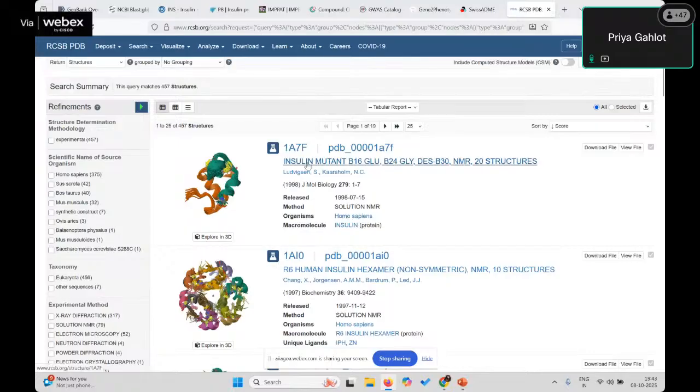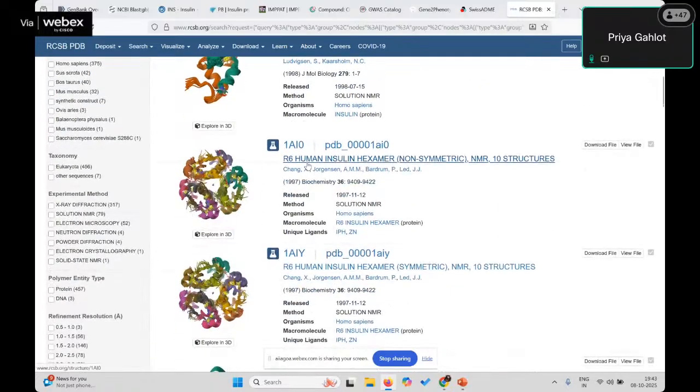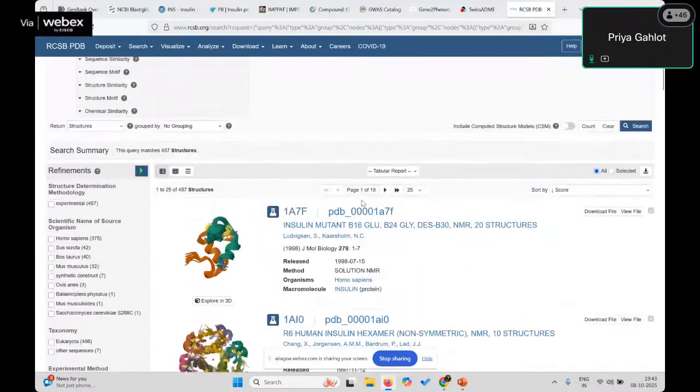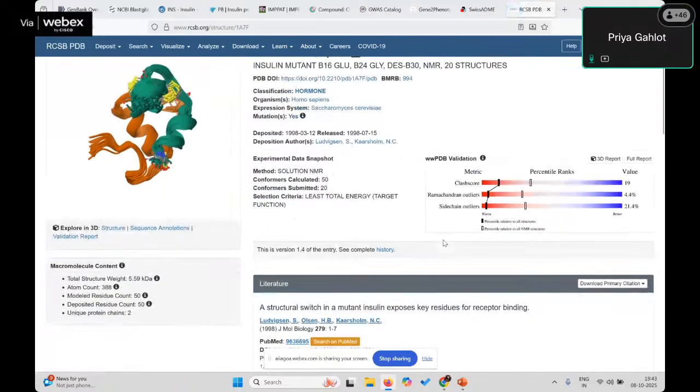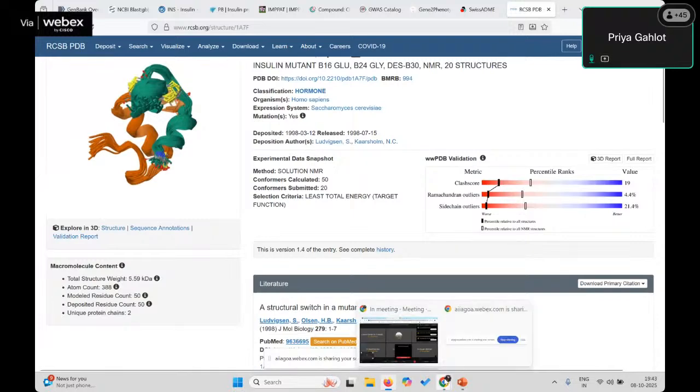You can also check, there are certain criteria to select a protein. So if I just open any random protein, just to show you, there is a PDB validation tool available. It will give you what kind of score it is giving, so you can use it in your studies or not. So there is a percentile rank. As per that, you can use that particular protein for your relevant studies.